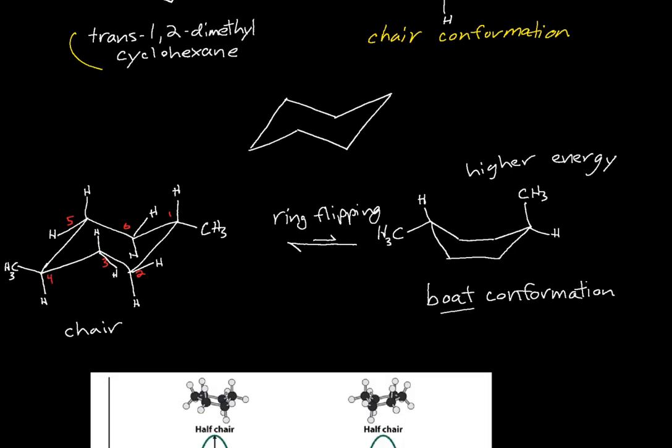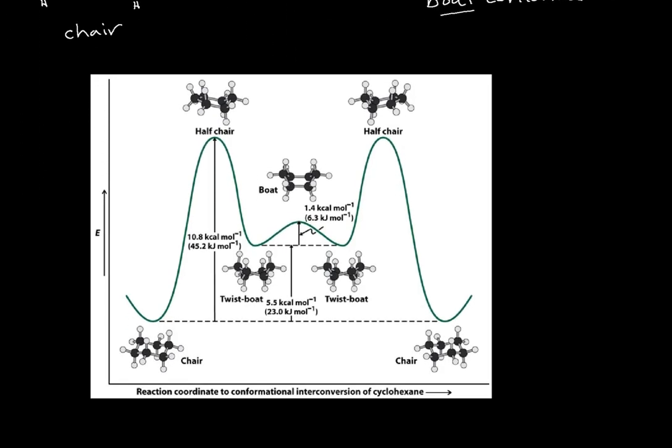In fact, we can analyze the energies as you do all the flips, not rotations, but just flips and flexing of the ring. And following that, you'll see from the chair conformation, which is the lowest energy, it'll pass through a really high energy state called a half chair. You could try to duplicate that with your model set. Then it'll flex back down to a twist boat, which is lower in energy, a boat that's higher, and so forth, until you get all the way back to the